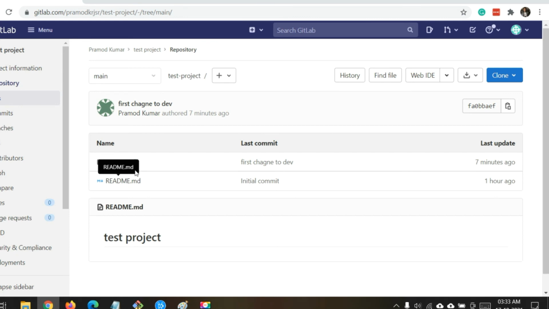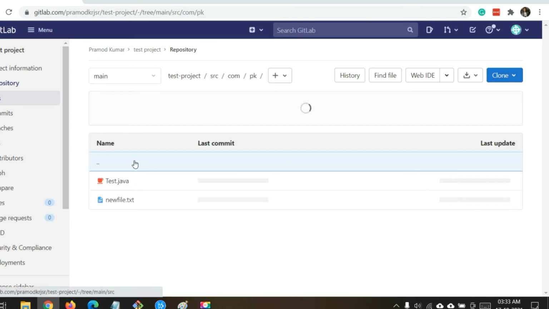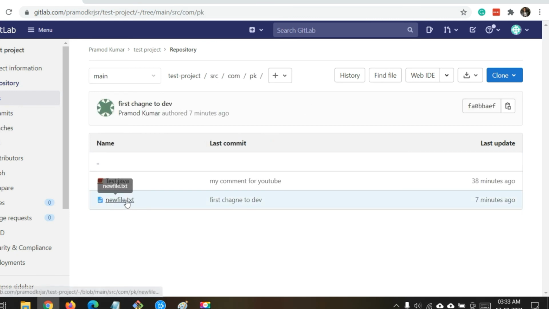And just go inside the folder. I'm on the main branch, you can see. So you can see now I have this file. Earlier this file was not showing in the main branch, but this time I'm having this new file which was added in the dev branch. So now all the content of dev branch, the modified one, are merged in the main branch. So now the merge has been completed.